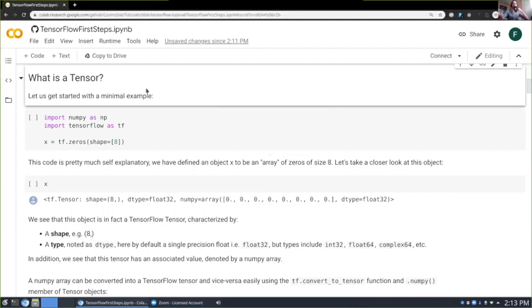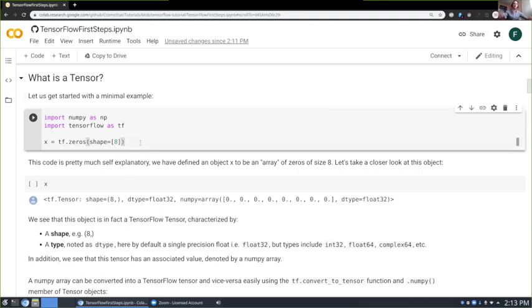So the first thing that we want to cover is what is a tensor. So TensorFlow is based on this concept of tensors. You can think of them as essentially some sort of array that is defined by a given shape and a given type. So here is a very minimal code where we import NumPy and we import TensorFlow. And here we define our first tensor. We initialize it to be 0 and with a given shape. You can go ahead and execute